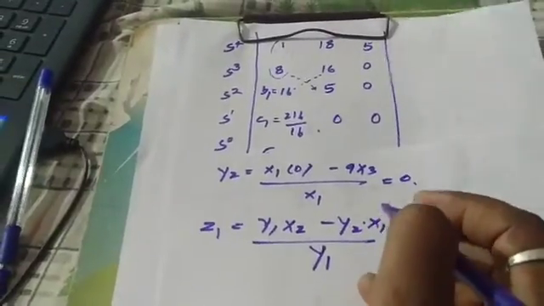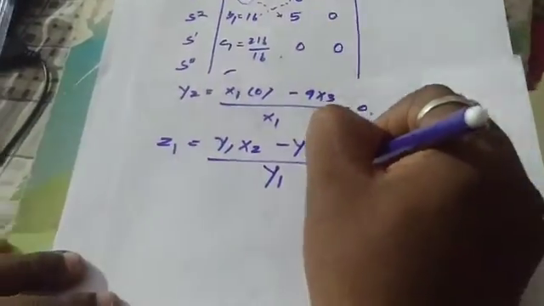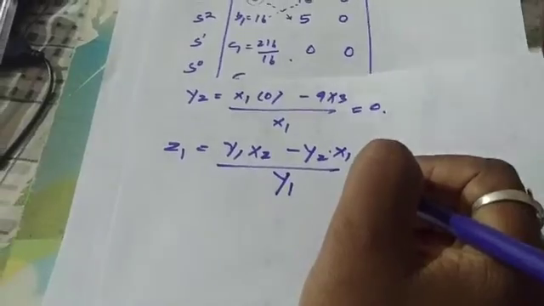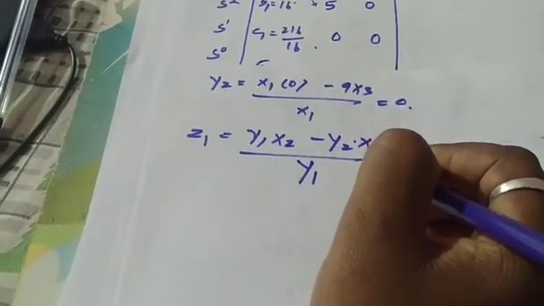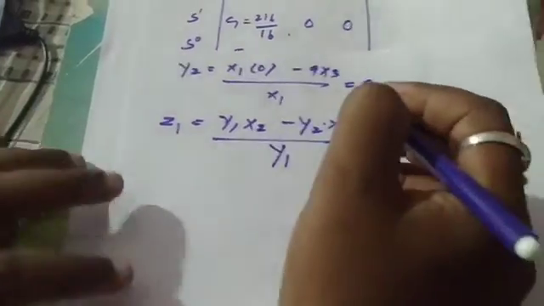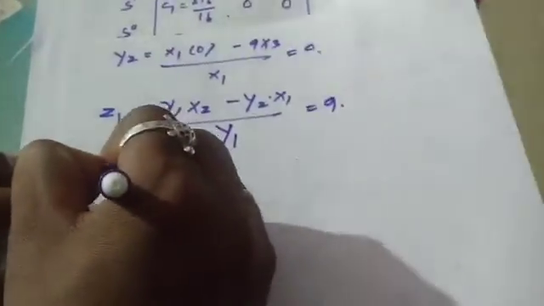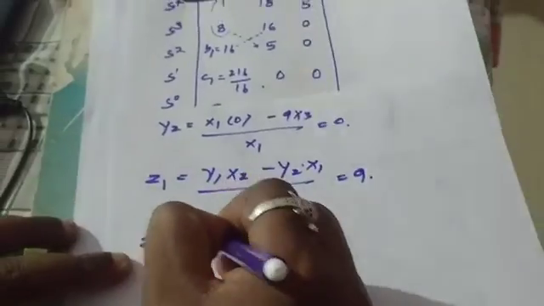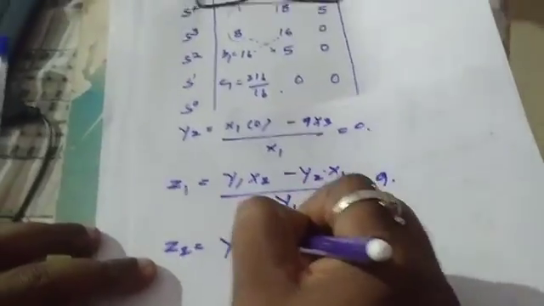So you will be getting 9. Now you have to go for z2, which is equal to (y1 into x3 minus x1 into